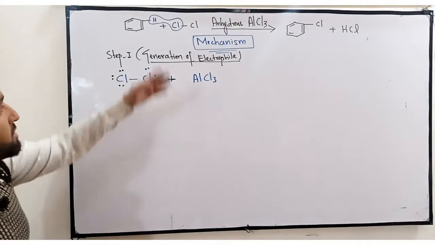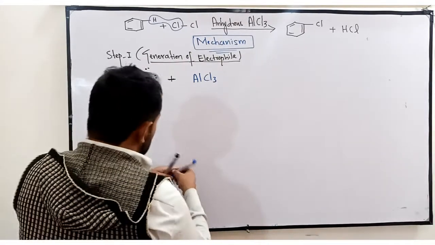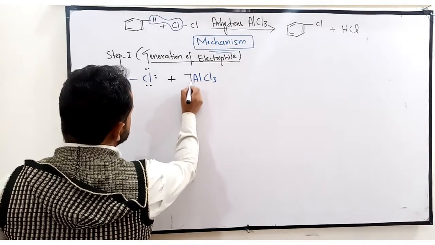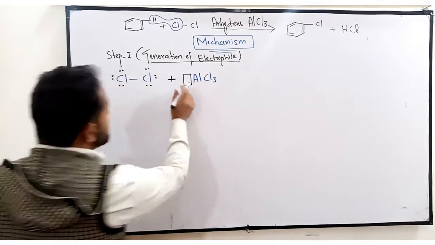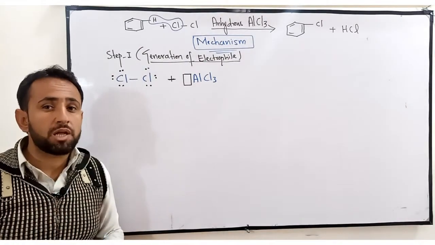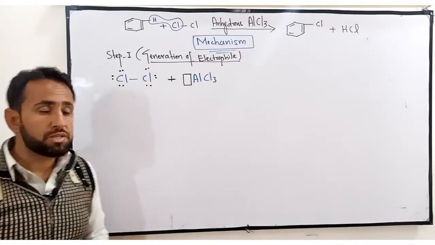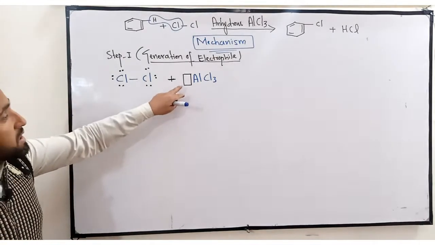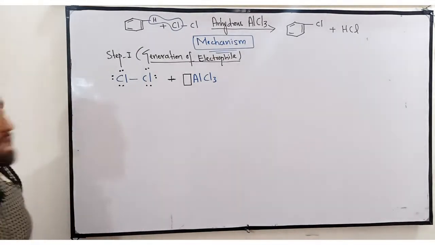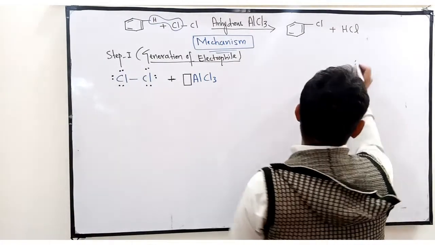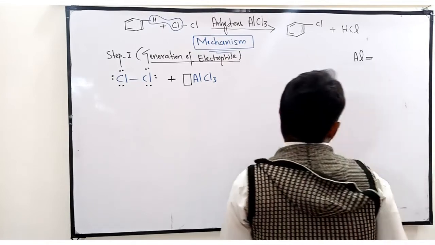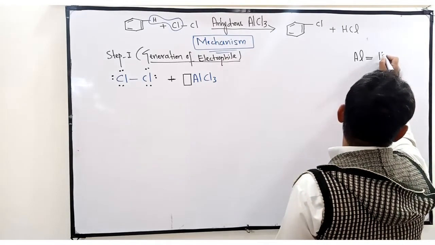I will tell the reason. Understand? We know that a Lewis acid has a vacant orbital. This box represents the vacant orbital that is present with the Lewis acid. Now I will tell how this vacant orbital is present with this Lewis acid. We know that aluminum is an atom in the periodic table whose atomic number is